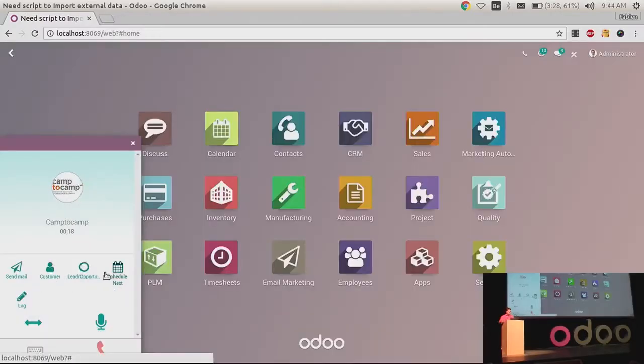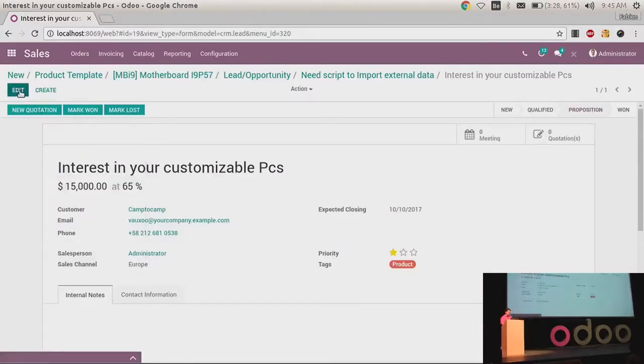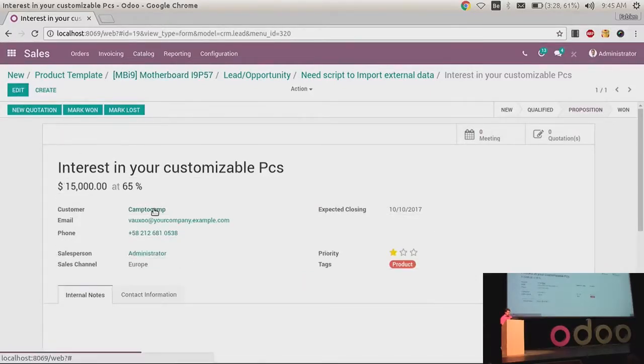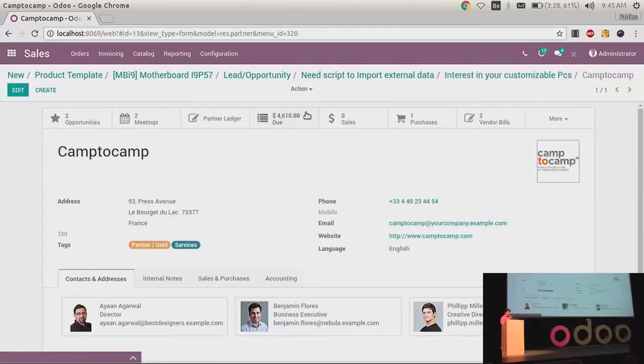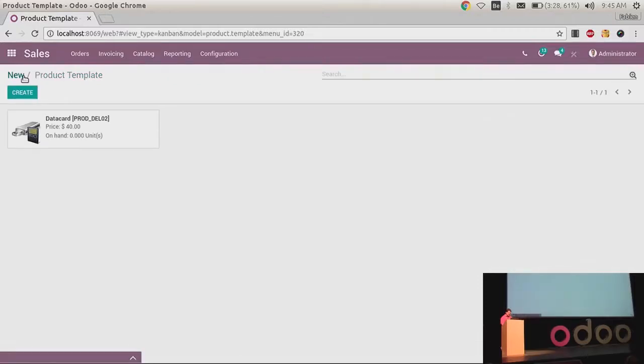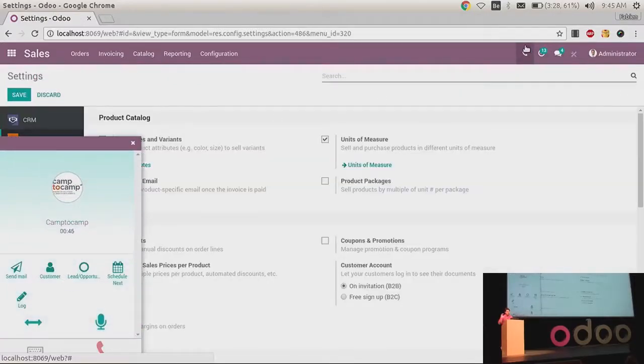Reschedule another one, if you want to. Salespeople, they always think about the next activity. I do something, I schedule the next one for every business opportunity. Or I can open the opportunity like this, so I can edit it and modify on the fly. So if the customer wants to know something about his contract, I just click on the customer, go to his invoice, and you can navigate very efficiently. And let's have a look at the due invoice like this. And so yes, you have full integration with the email,